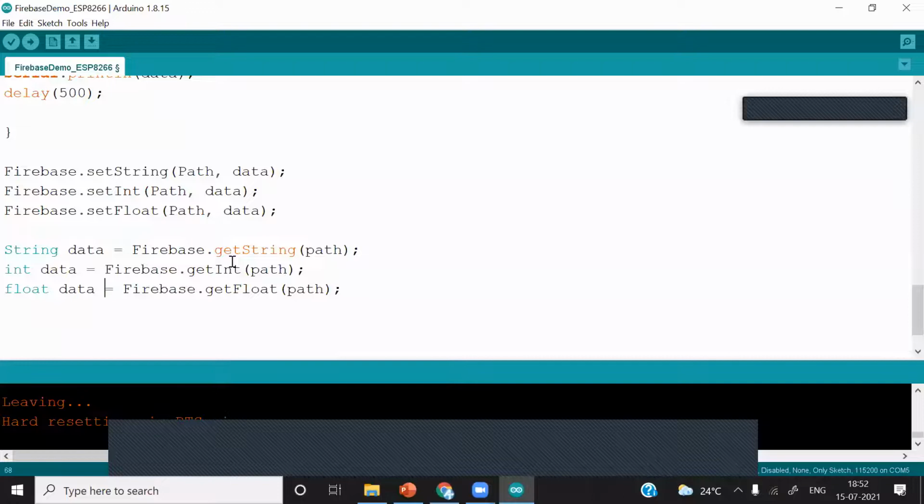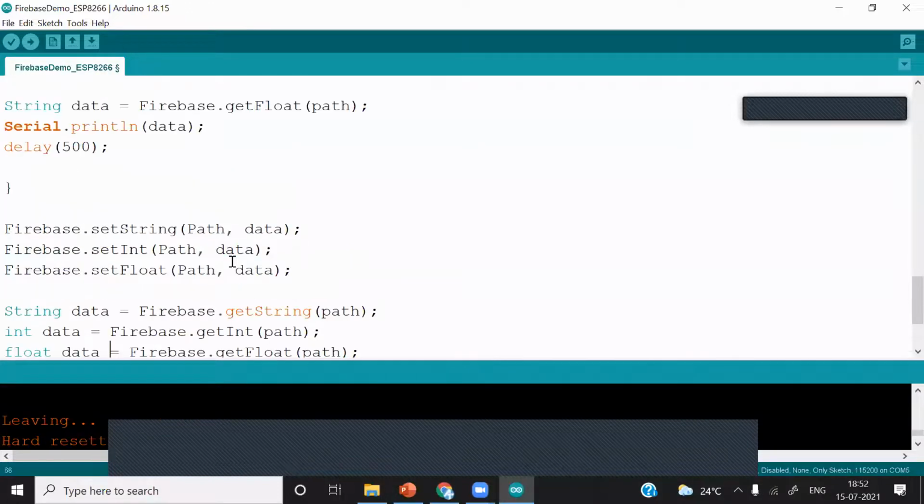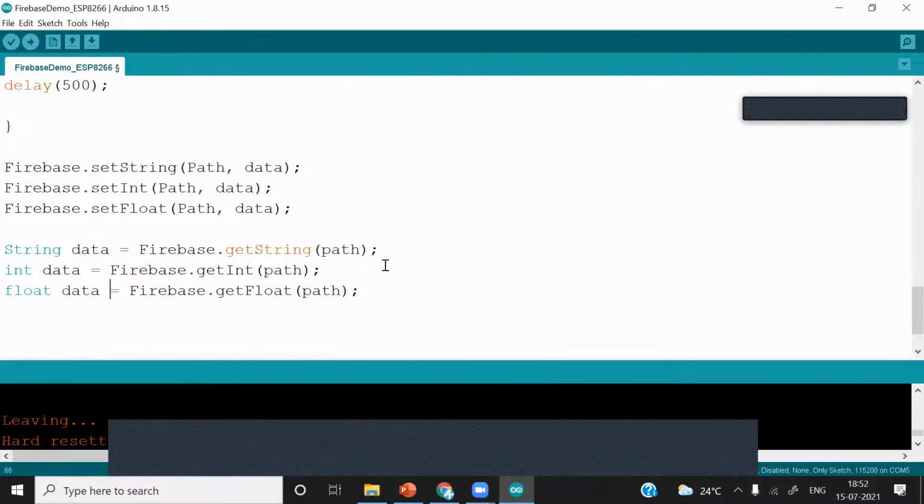So keep these 6 functions, the objects in C++. I'm calling it as functions because most of the participants will not understand the object or C++ concept. That is the reason I'm calling it as function. These are not functions, these are the objects we are calling.